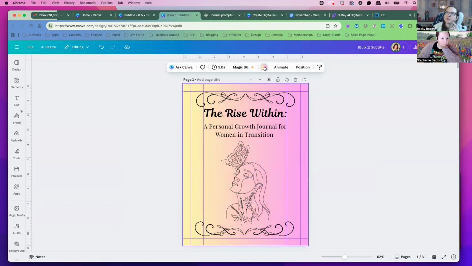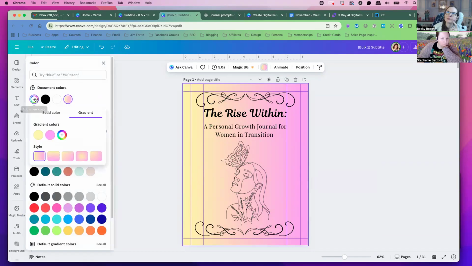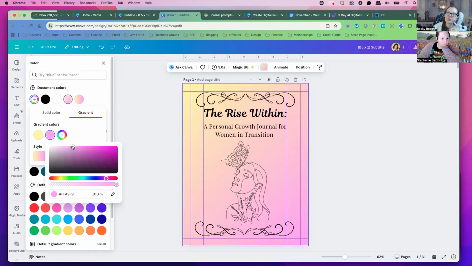Yeah, but I kind of like that. And there's different shades. Like you do that, and that could be cute. But the only thing is I want to make it lighter. So these are the colors. We could just make it a little lighter, a lighter pink. And I think that could be cute.